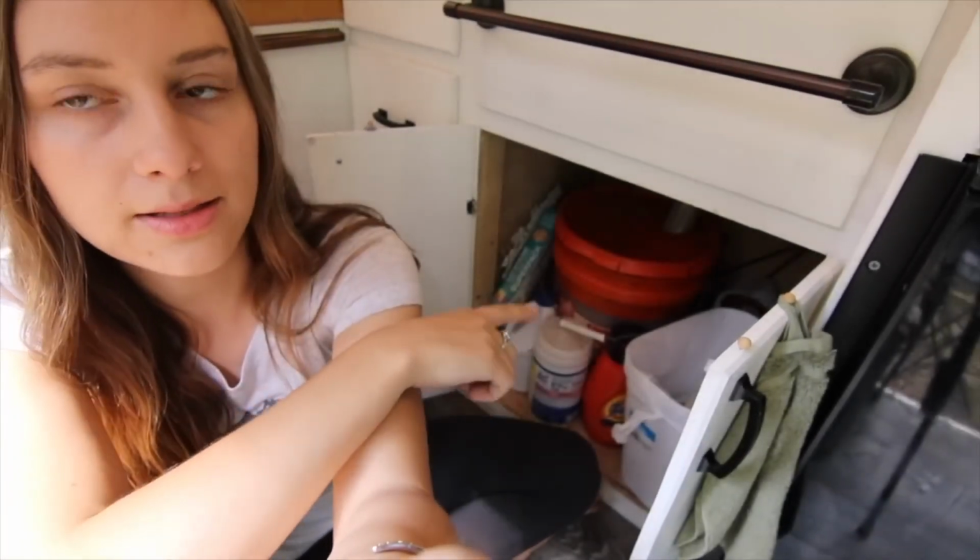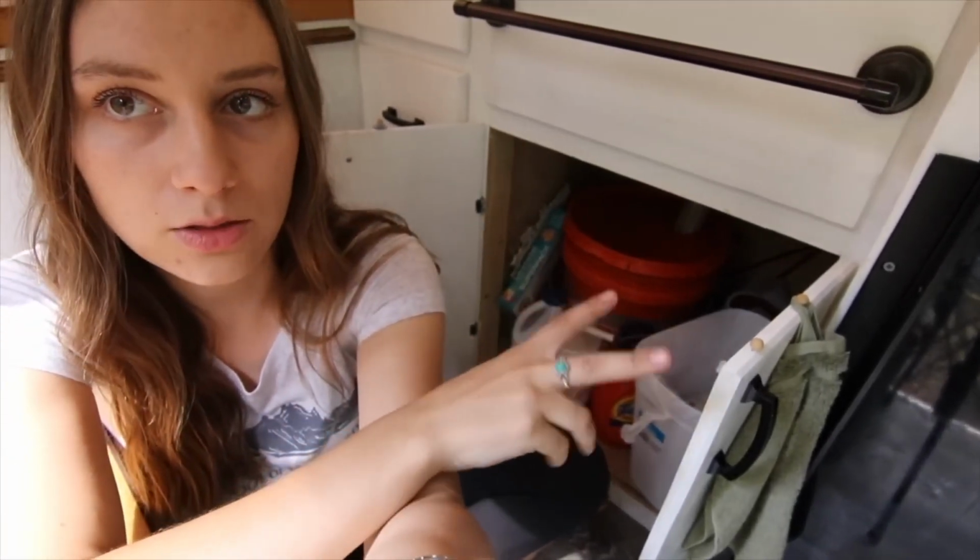Being able to just have one thing under here, I actually am able to have a space for a trash can and laundry and cleaning supplies and stuff, which I never was able to have when I had 2 jugs. So